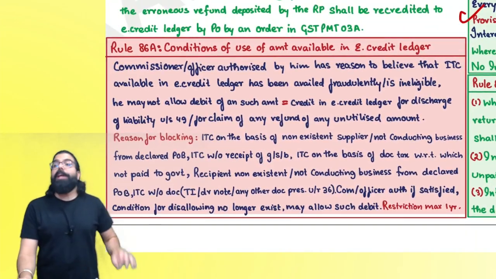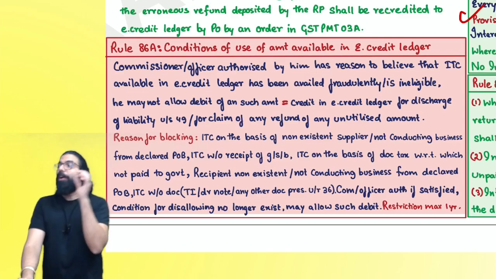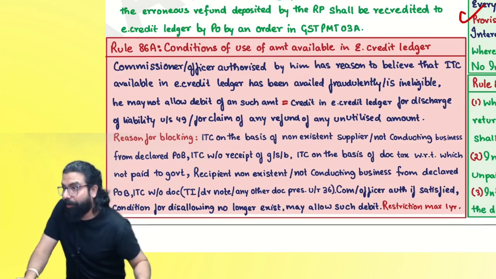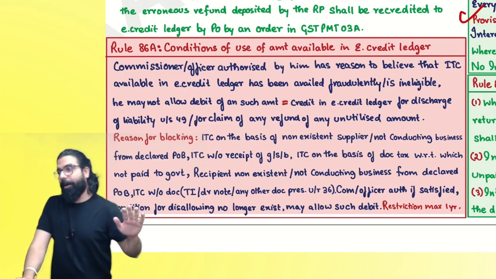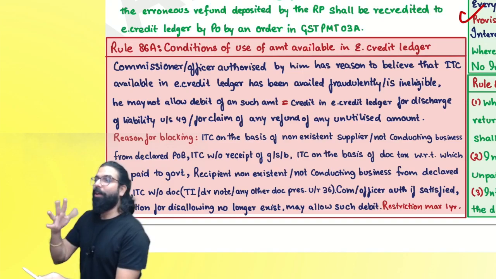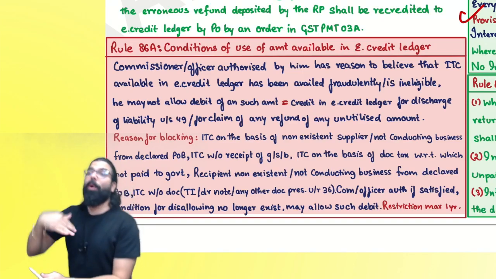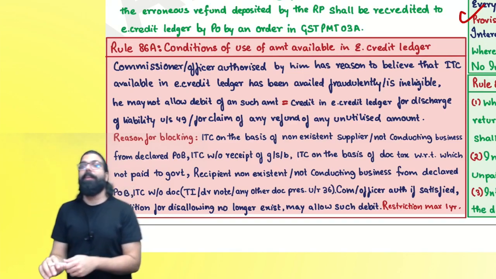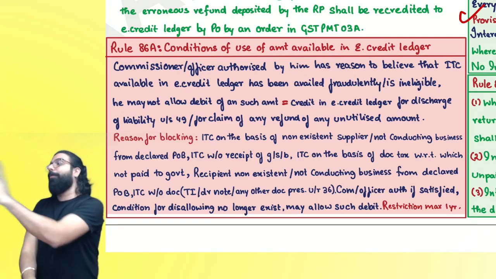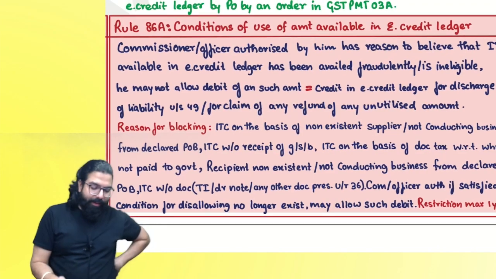You know what? Whatever amount is there in your e-credit ledger, if the commissioner wants, he can block that credit. For example, you told your friend, give me one bogus invoice. You did not buy anything, but you took one invoice and took the credit. The government is saying in such a scenario, if the officer has a doubt on you, whatever credit you have can be blocked. Rule number 86A says,